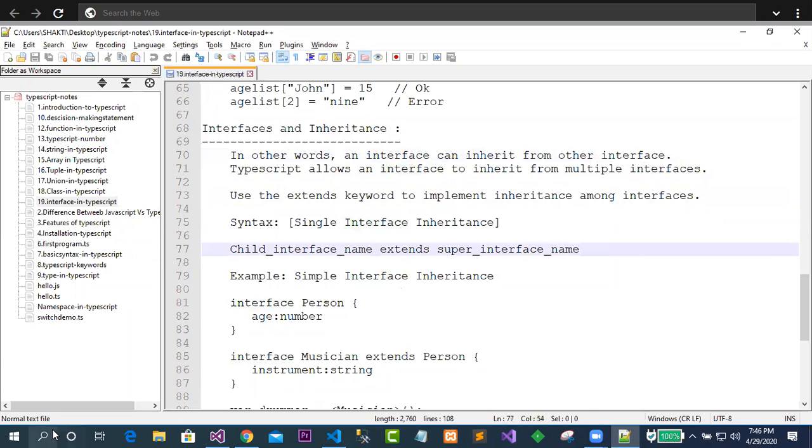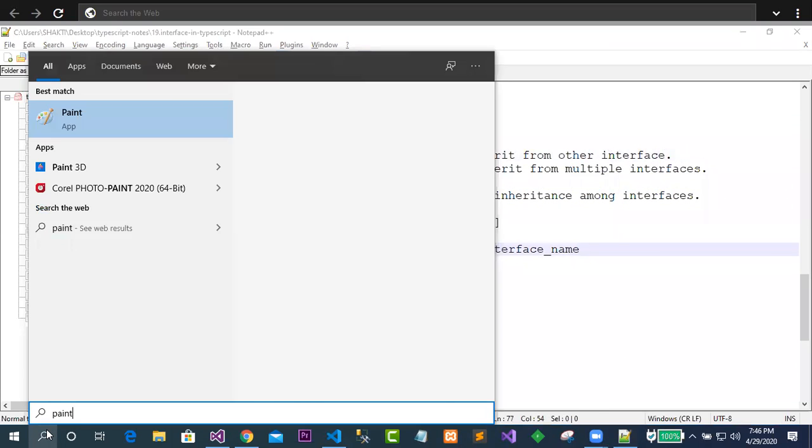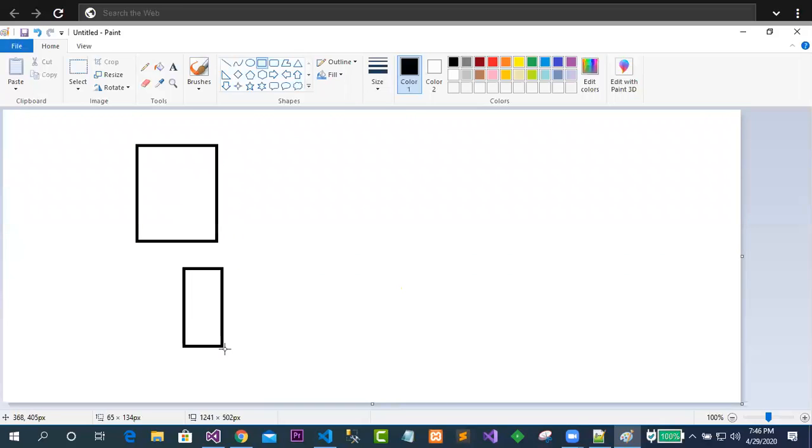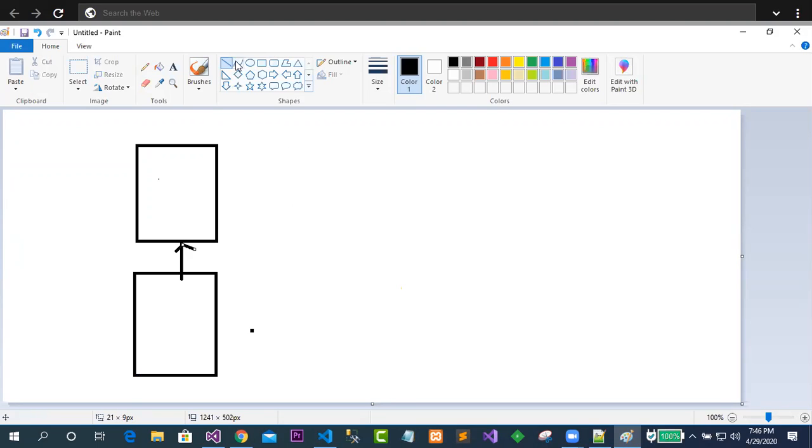What is the meaning of this one? Let me just open Paint. Here I will simply describe the things. Let's say this is one interface, and this is another interface. This interface is going to inherit this interface. This is possible.